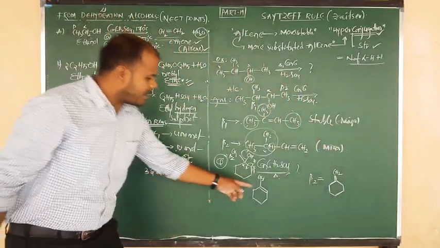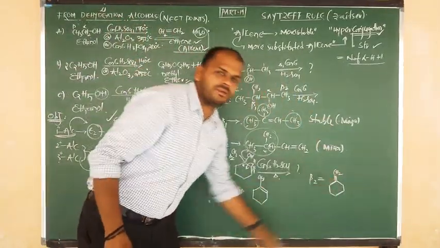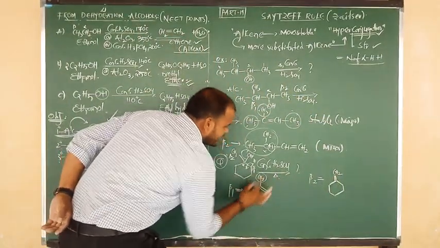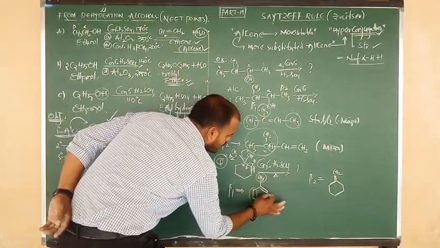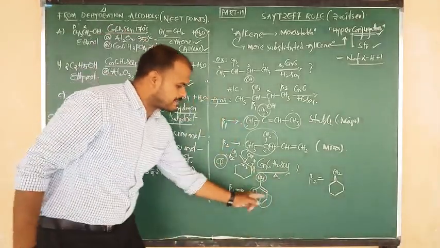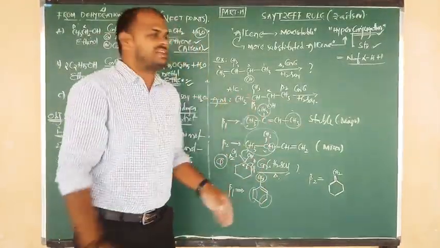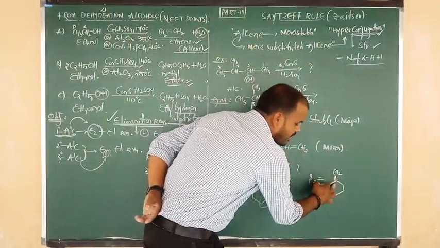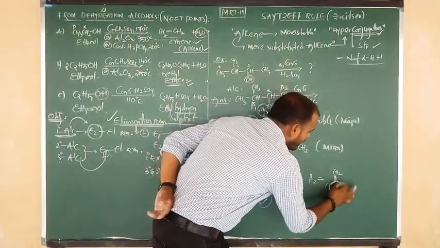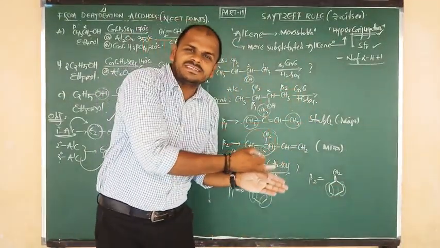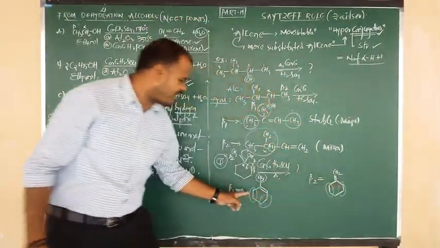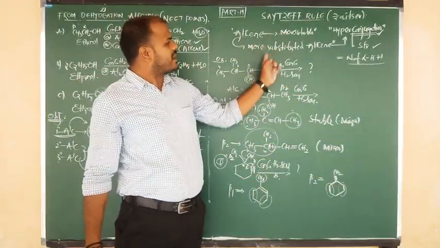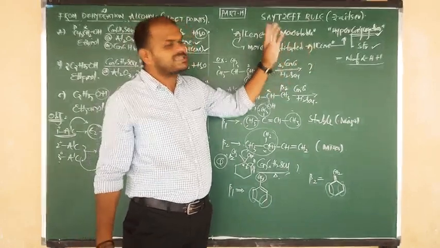Good. So alkene number 1, alkene number 2. Let us see. Around the C=C double bond, side chain 1, side chain 2, and side chain 3. How many substituents are there? 3 alkyl side chains, a more substituted alkene. In the other, how many side chains are there? 2 side chains. But here, 1, 2, 3. Now the more substituted alkene is always more stable.